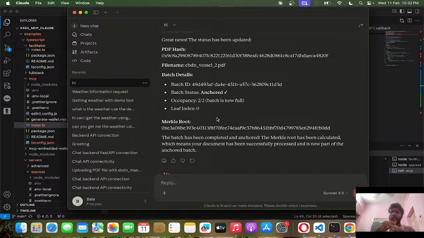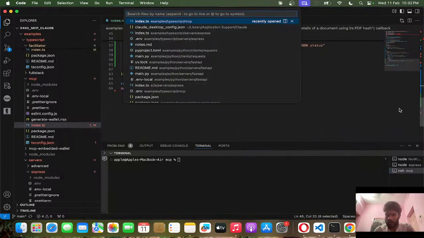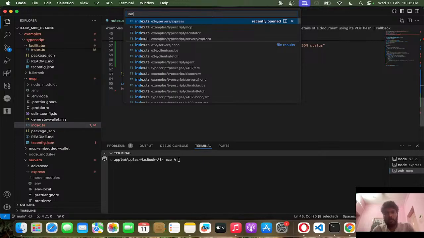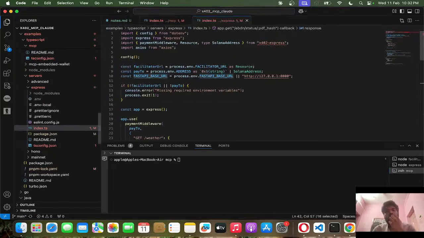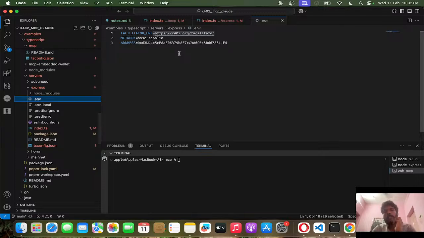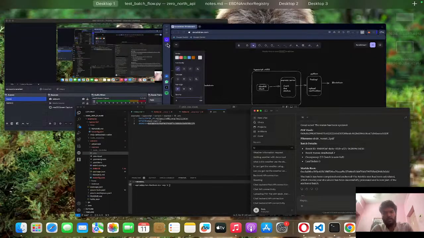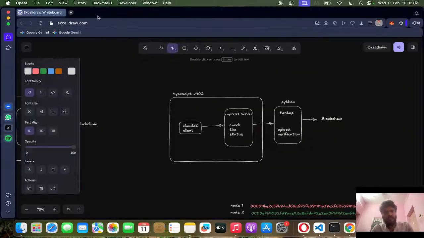Now if I go back, I just forgot what the purpose of this live is. The purpose of this live is to explain the X402. So if I go to the index and express inside the .env file, you could find the address. So this is the address where the AI agents are going to pay to access the monetized APIs to get back the response. So if I copy this address and go back to my browser, right now as we are dealing the payment,